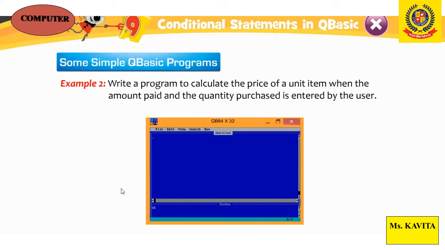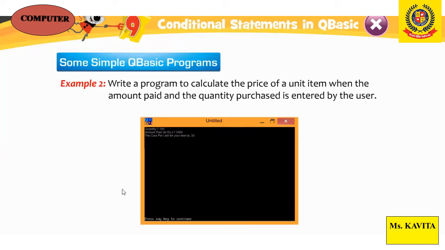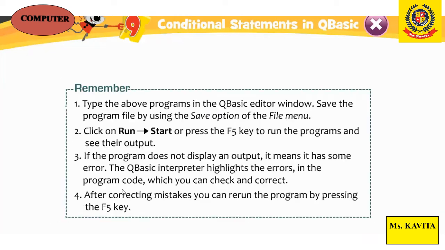INPUT accepts a value from the user. After writing the program, you will write INPUT, enter a number A. Then it will accept a value from the user. PRINT prints the result or output. It prints a message using quotes. PRINT 55, PRINT 63 and PRINT Ranjan. It prints the value of a variable. PRINT A, B, C. Now END statement ends a program.